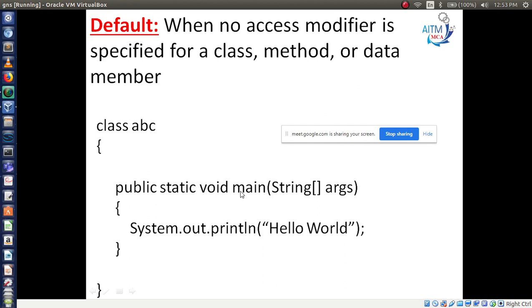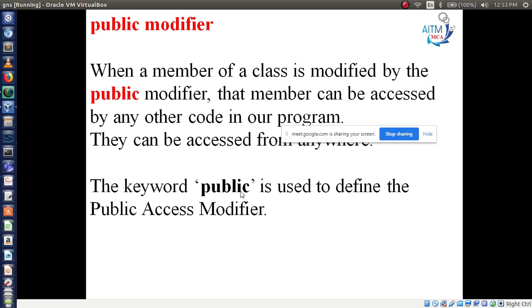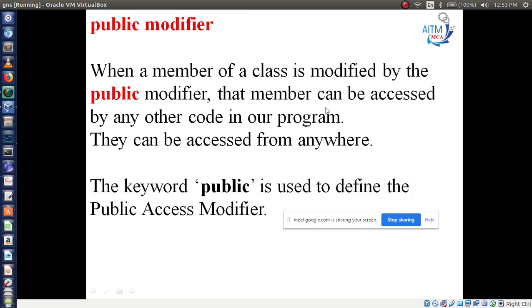Now another one is the public modifier. When a member of a class is modified by the public modifier, if you define the word public, that member can be accessed by any other code in our program. It can be accessed from anywhere.